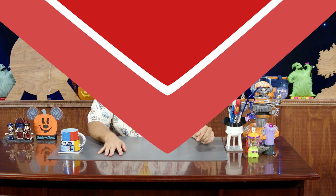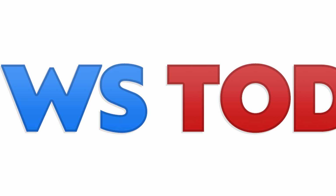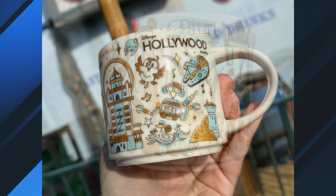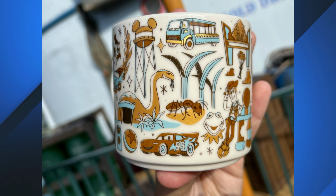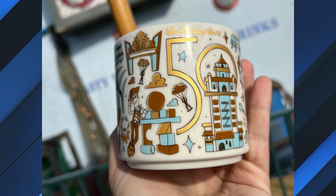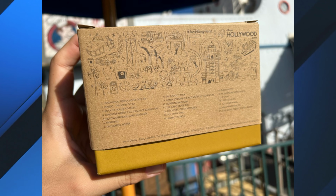Coffee lovers can now enjoy a cup with a special Disney's Hollywood Studios flair. The new 50th anniversary Starbucks Been There series is available at the Trolley Car Cafe, including a mug ornament. These mugs feature many favorite attractions and characters found throughout Disney's Hollywood Studios over the years. The mug itself is white. Characters are all painted in gold, blue, and some brown. The Walt Disney World 50th anniversary logo is featured prominently, and the box features a guide to which attractions are